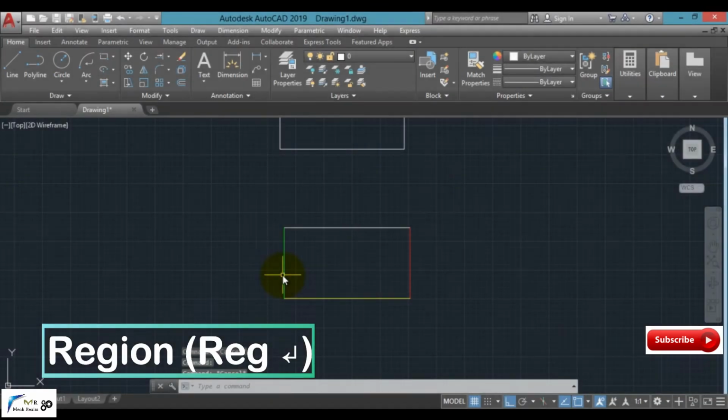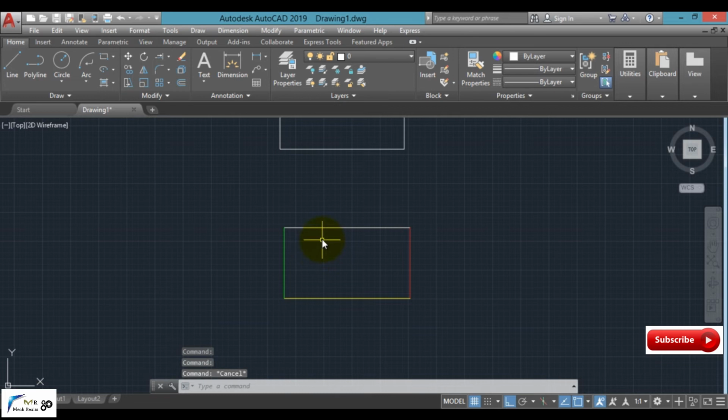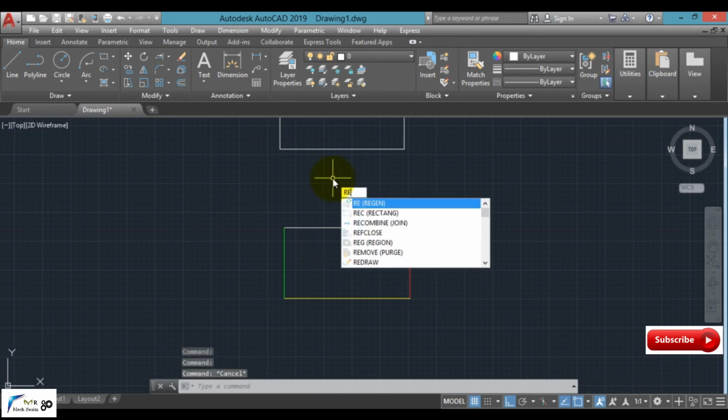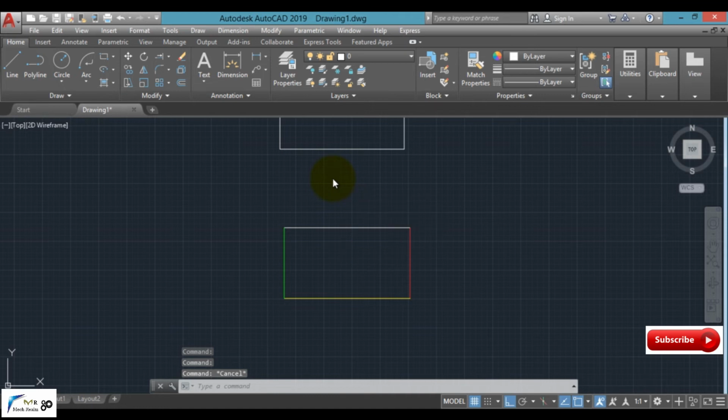As we have exploded the rectangle into different lines, now in order to join these lines, we simply have to select a command which is known as region. For this, we have to type REG, enter. Select the object which has to be regioned and press enter key.